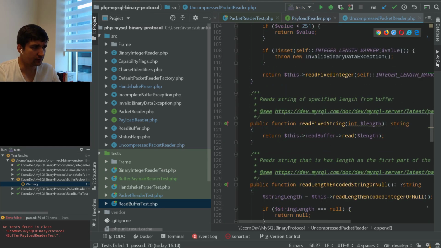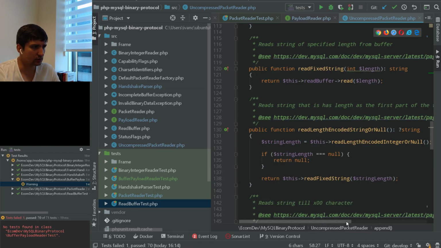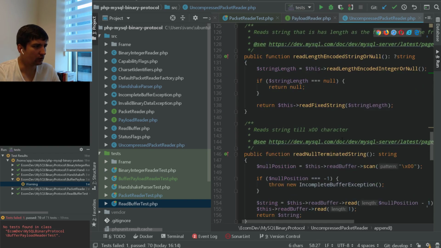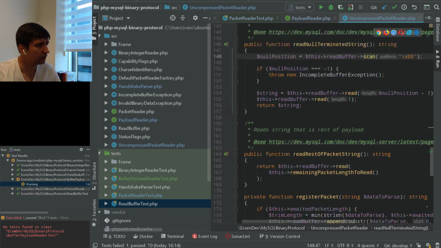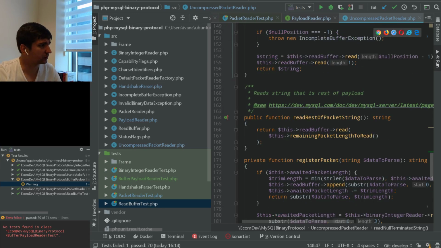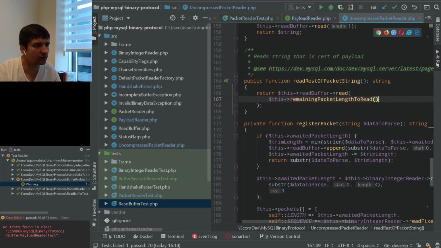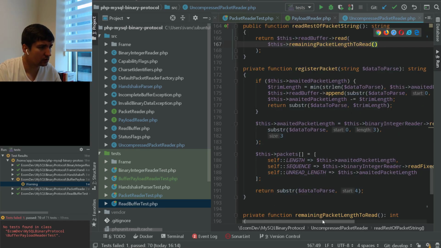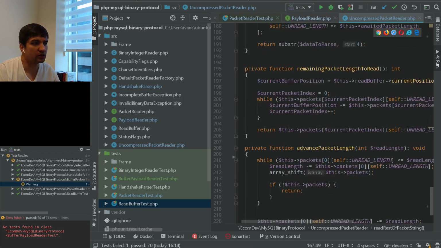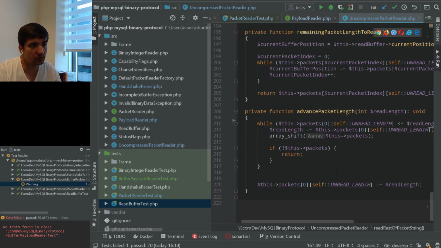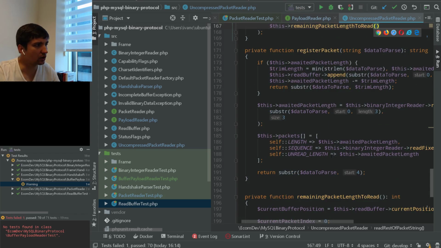And the same happens with the fixed string, the same happens with a length encoded string as well, the same happens with null terminated string. It heavily uses just read buffer, and as well read rest of packet string. The same thing happens here as well. It just uses read buffer. And here, for instance, I don't use any of that stuff, and it just doesn't make sense to use it, because yeah, it's just